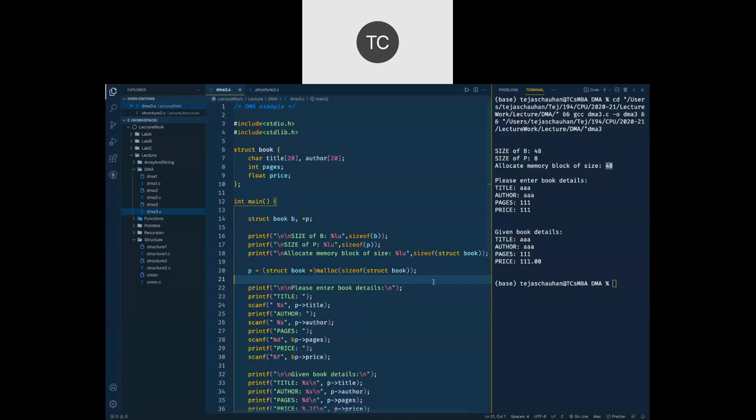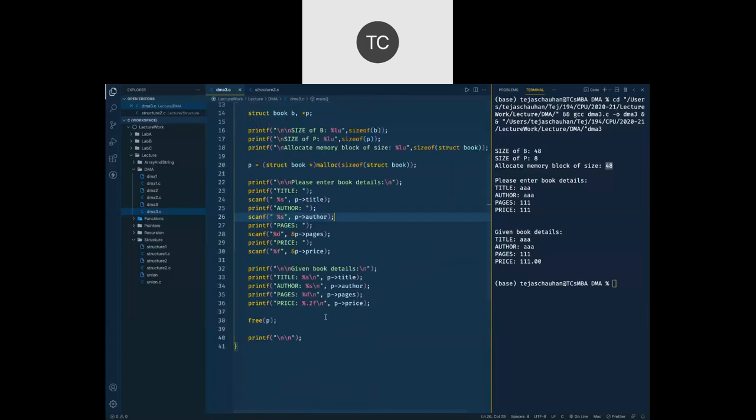And that's where I'm going to work as going for structure array now. Okay, but वो structure array आप तभी समझ पाओगे जब आपको एक single structure समझ में आएगा, right? So next part हम क्या करेंगे? We are going to allocate a memory for more than one book. We are going to ask user how many books do you have? Then we will allocate enough memory for those number of books and we'll take those data and print those data back. Okay,